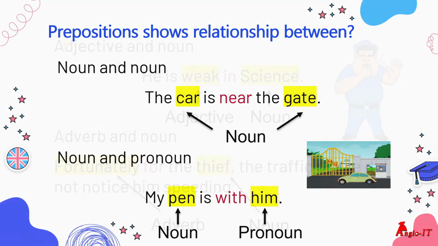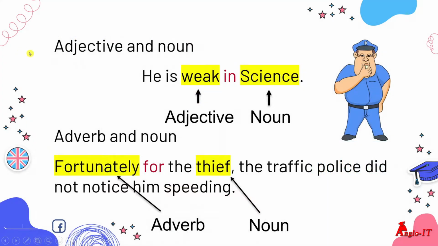Next, adjective and noun. He is weak in science. Here weak is the adjective, science is the noun, in is the preposition making the relationship between this adjective and